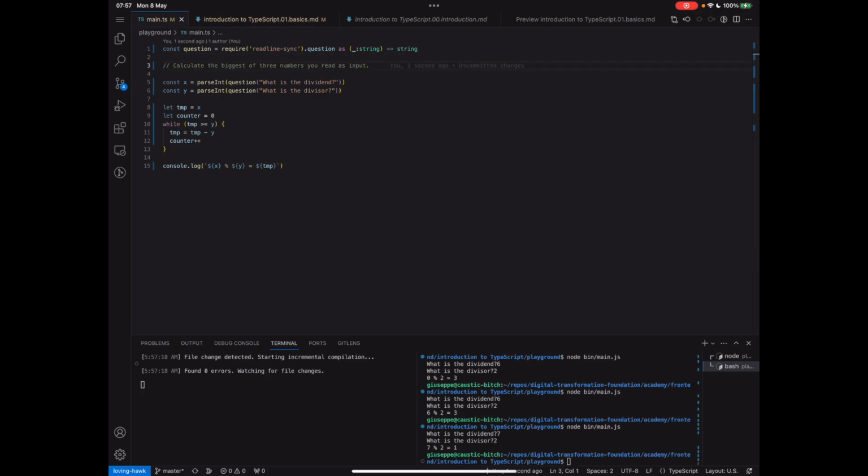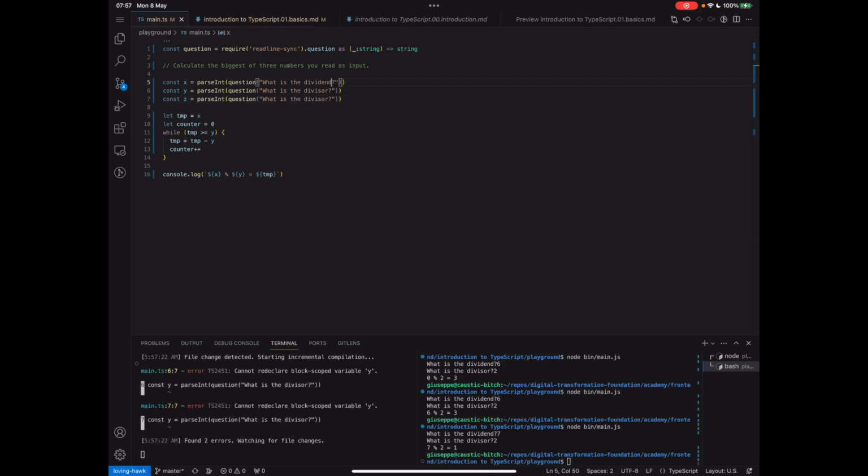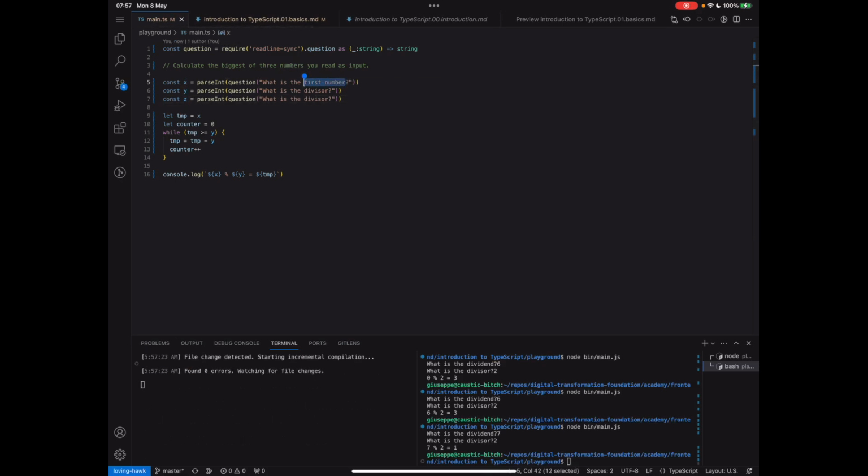Calculate the biggest of 3 numbers you read as input. Okay. First number, what is the second number, and what is the third number? Okay, how do we do this? We're going to do this with conditionals, with if then else. So, if x is greater than y, now x is greater than y, is x actually also greater than z? So if x is greater than z,